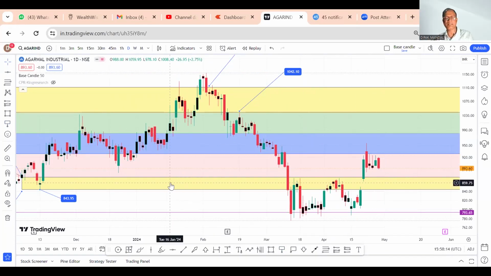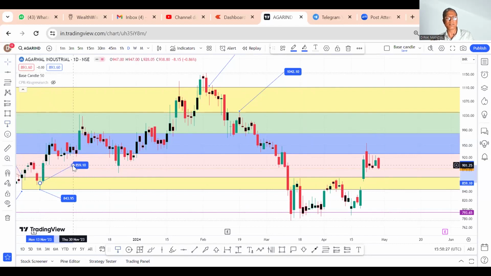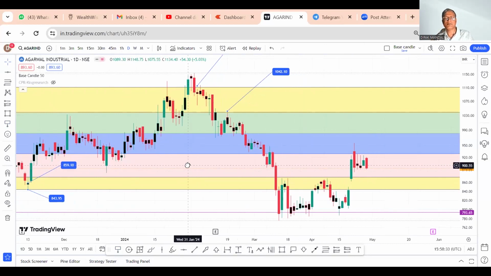अदरवाइज अगर प्राइस यहाँ आए, देन यू कैन एक्यूमुलेट और स्टार्ट बाइंग। व्हाट इज द प्राइस? इस बेस कैंडल के बाद, दैट मीन्स 859 और 860, और इस एरिया में आए देन यू कैन स्टार्ट बाइंग टू गेट अ गुड रीजनेबल प्रॉफिट।